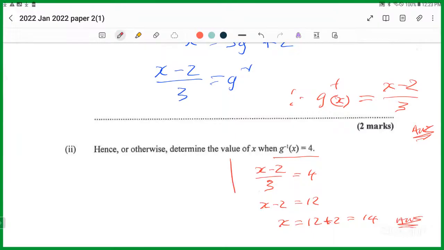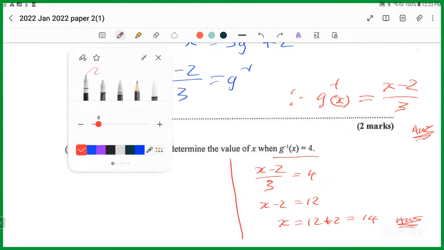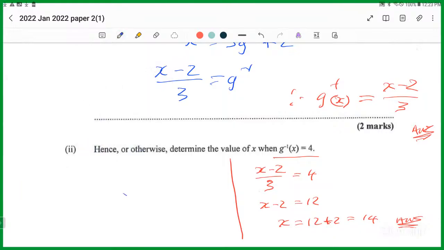But the other way to do it, they say hence or otherwise. The hence basically means that we must use this result. The otherwise means that we can do it any other way. So I'm going to show you another way that we could do it in blue. This is the hence method that we just used, and the hence method means that we use this result in the process. If we do it over here using an otherwise method, some other method,